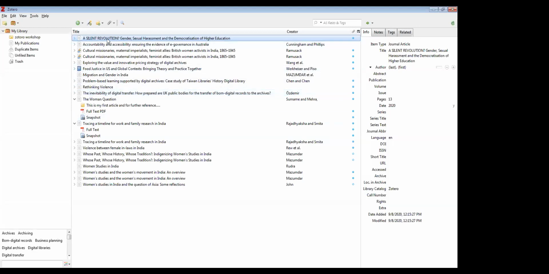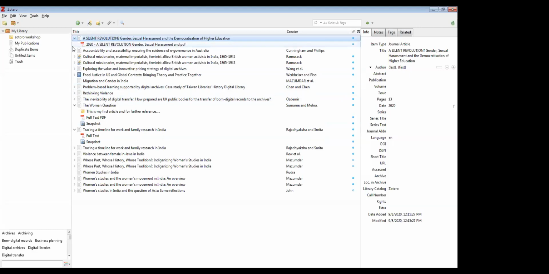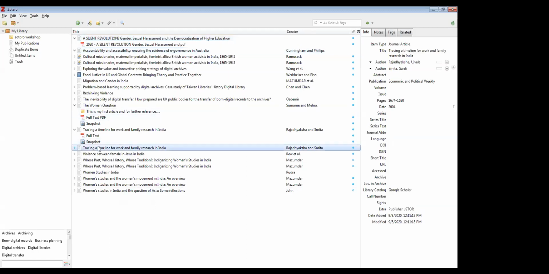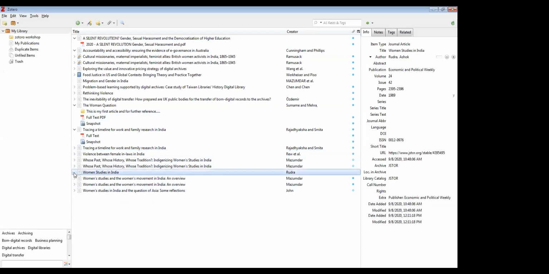For example, suppose this is one article, say Women's Studies in India. I have captured the metadata but not the full text, but later on you acquire the full text.